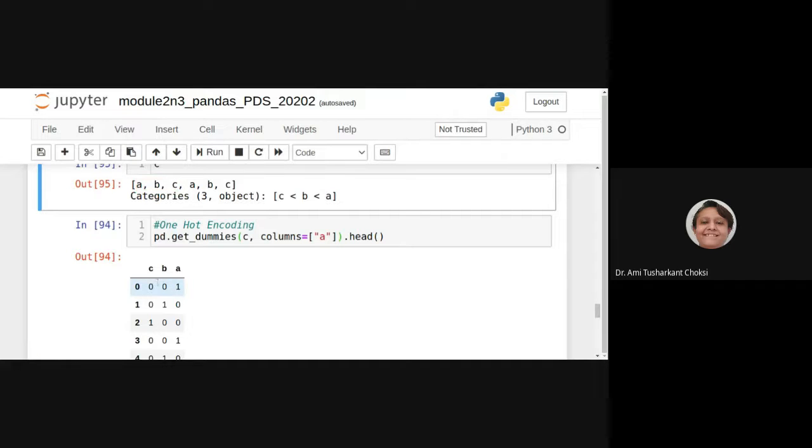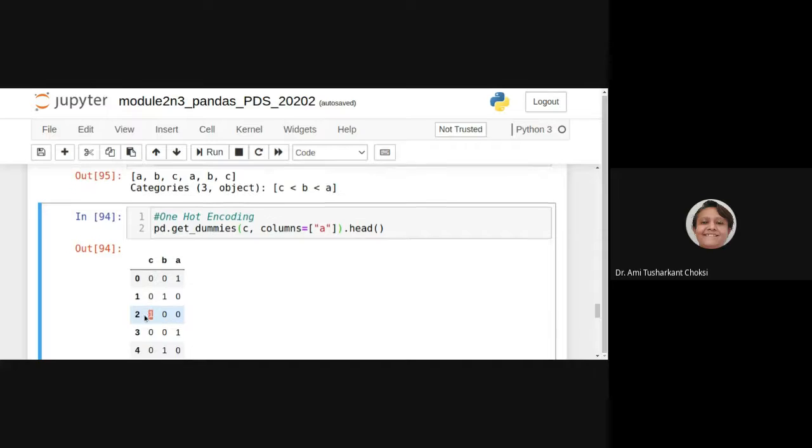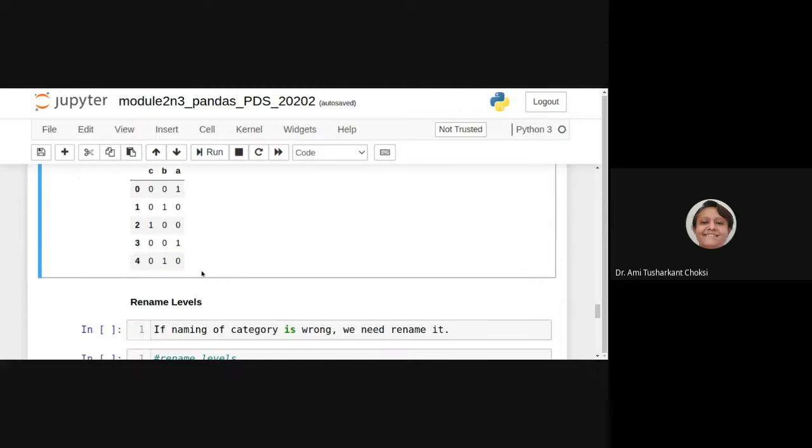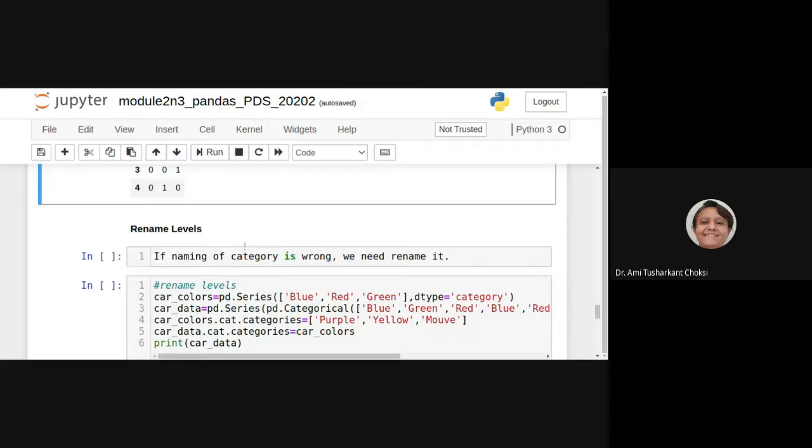First of all, ABC is there. So A is there, that means it puts 1 here. For B, it puts 1 here. For C, it puts 1 here. Then again, we have ABC, so we can say 1 here for A, 1 here for B, and if we have one more, we can have that for C.